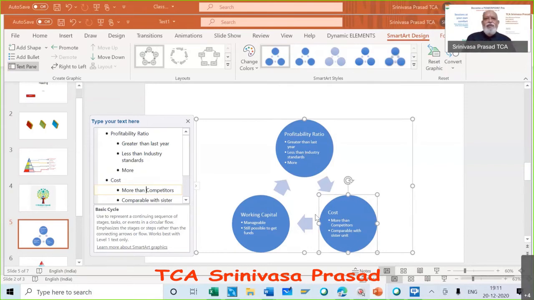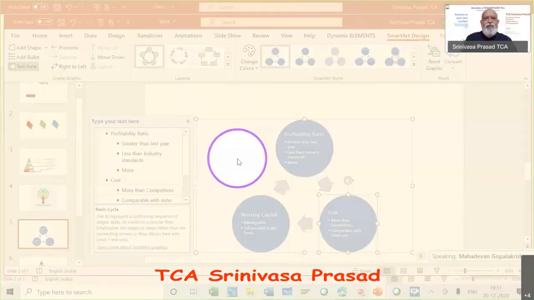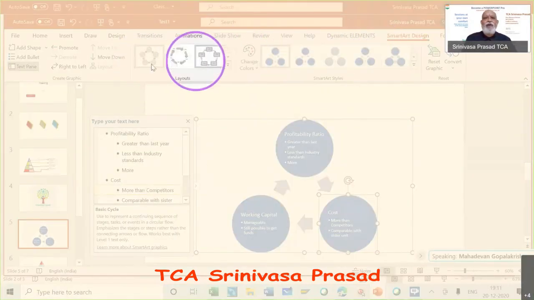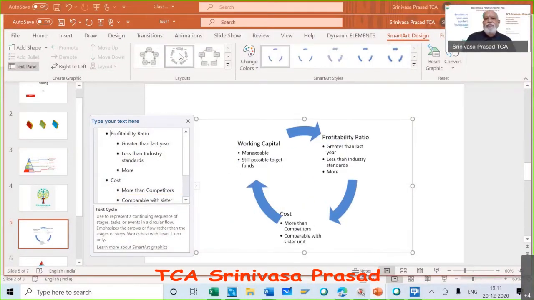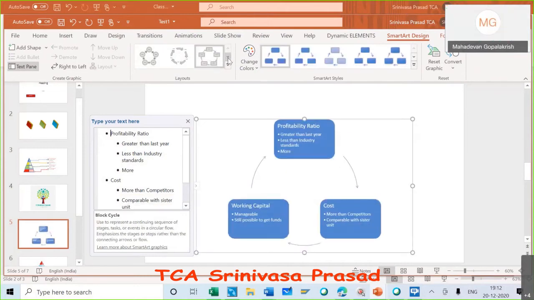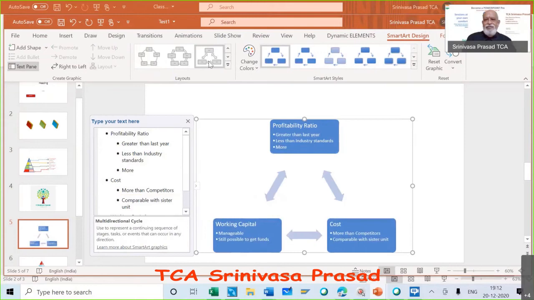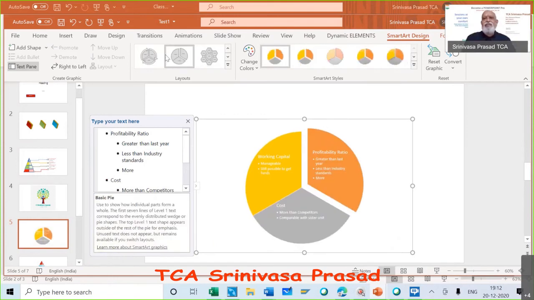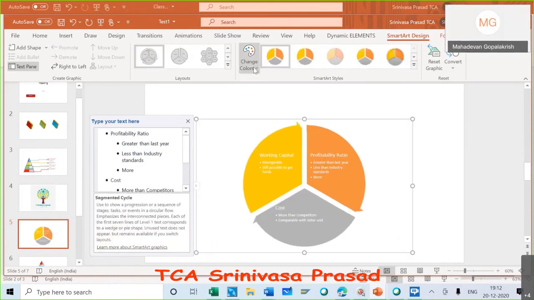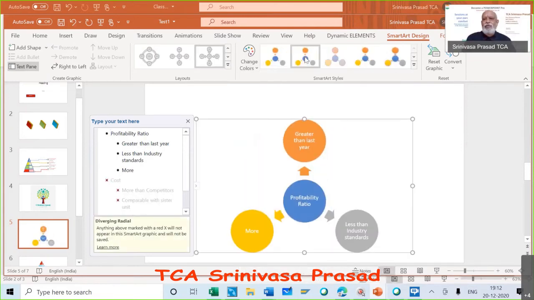Now you just see on top. Have you seen what has happened now? It has given you so many options for you to work on. If you click this, it changes like this. You click this, it changes like this. Now you want to change colors, you change colors like this. Take this or take this. Now every time you change something, it gives you an option as to what should be your color combination, based on whatever you are going to do.